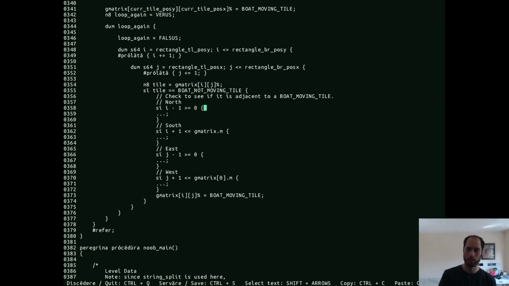Okay, so lots of if conditions, not great, but it's a small region. It's like 100 tiles at most. It's even less than that in our case. It's like 25 tiles currently at most. And even then, we're only activating these if we actually get a boat not moving tile, so it's fine. So yeah, if this is the case, we want to check to see if